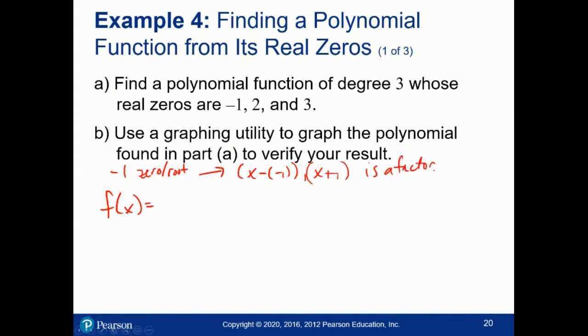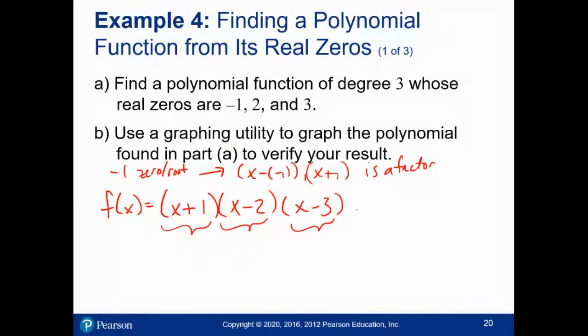So if the other roots are 2 and 3, what are the other factors? So I can factor out this x plus 1 and also factor an x minus 2 and an x minus 3. So this has now been expressed to have a root of -1, a root of 2, and a root